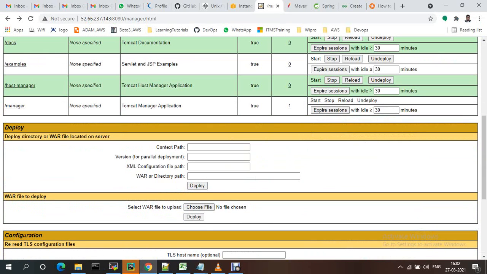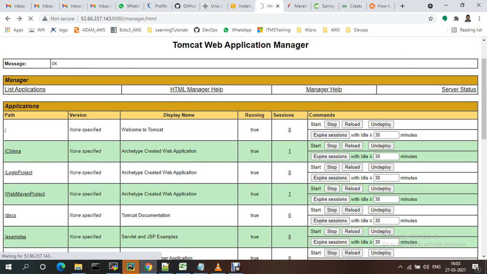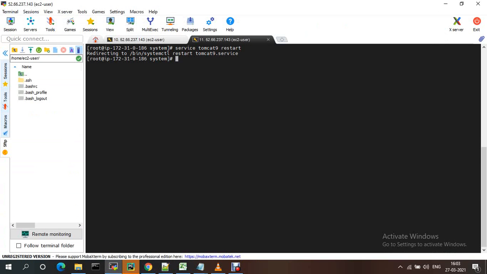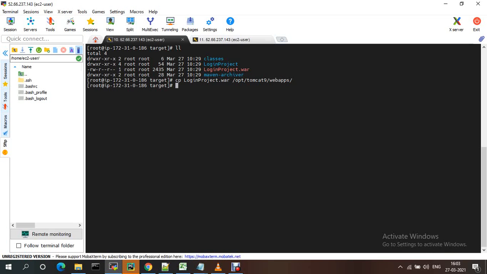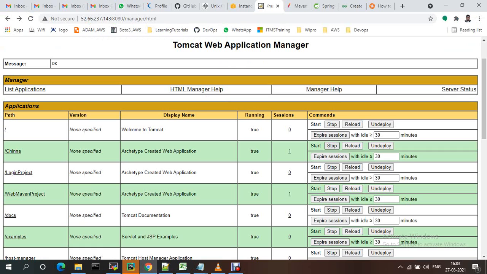Currently there is no login project, right? Just try to refresh this one. See, login project has come. Now you will see the home page also has changed. The index content I changed under the project, the same will be picked up here. So you can restart, stop or start the service from here itself also.